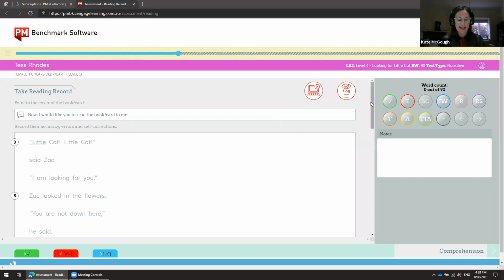So as you can see here, we're ready to do the reading record. The right-hand panel will include the reading record marking conventions and other buttons required to move through the assessment. And you can see a notes field as well. So what we'll do is we'll just take you through looking at the standard procedures used when taking a reading record. The green tick, of course, is for marking every correct word and to keep moving through the record. So the student will be reading little cat said Zach. I'm looking for you. So if you just keep clicking away, Nick, we'll get to